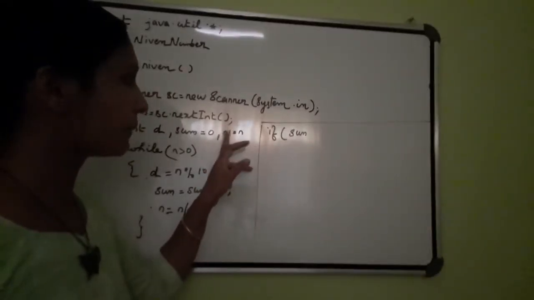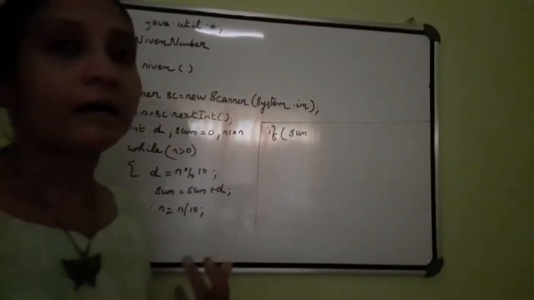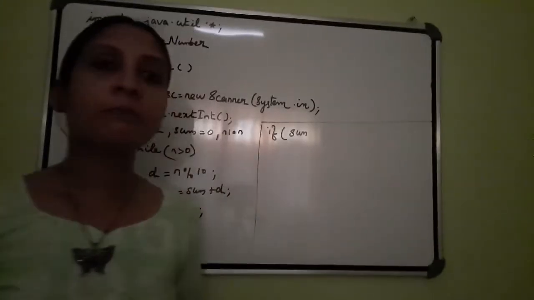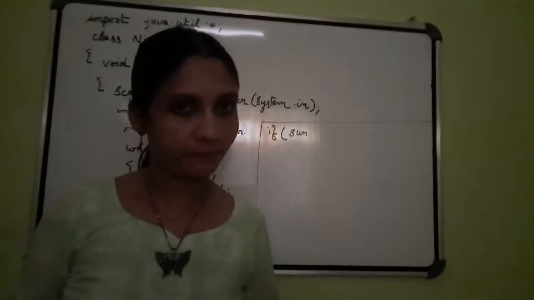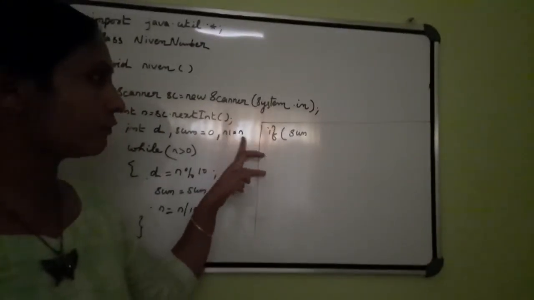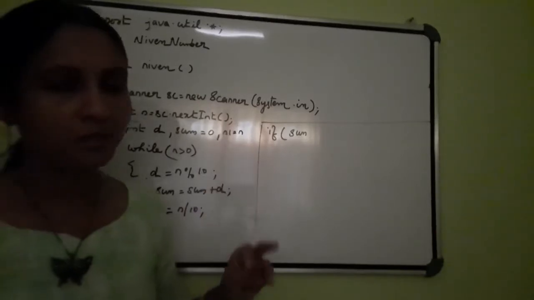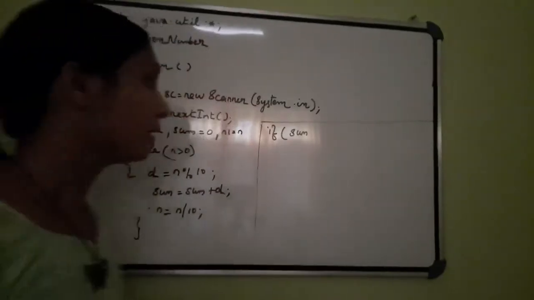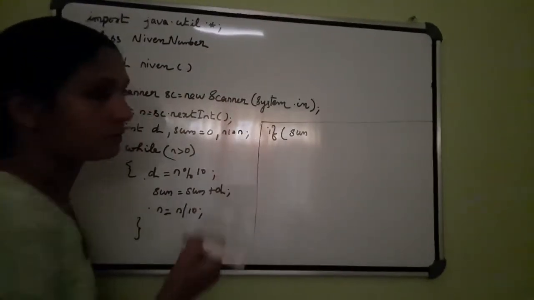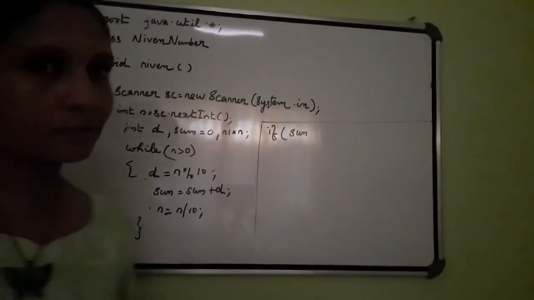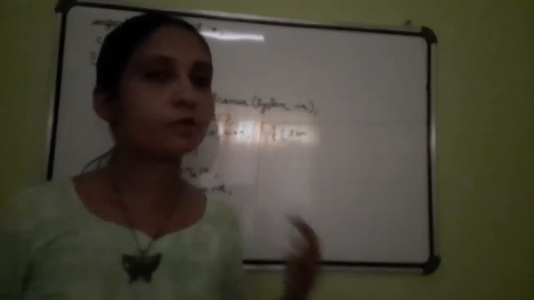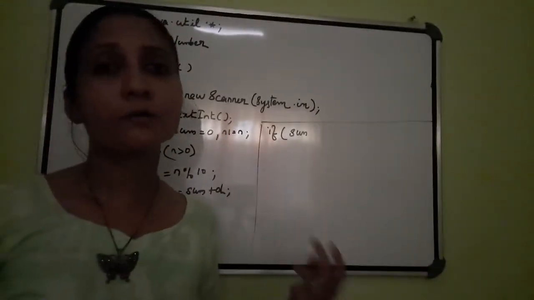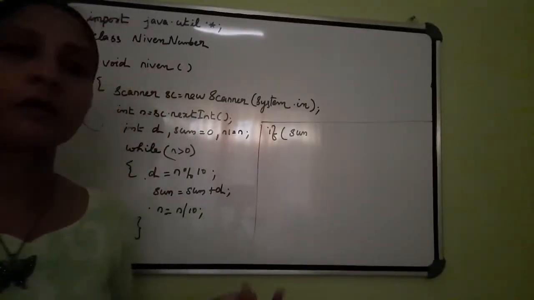We stored this number in another variable because we know after the operation the number will become 0. Then we cannot compare that number with the sum. Because of that, I stored the first value of this number in another number. It's very important. Then only you will get the correct answer. Okay. If you have any doubt, please look at the previous videos.